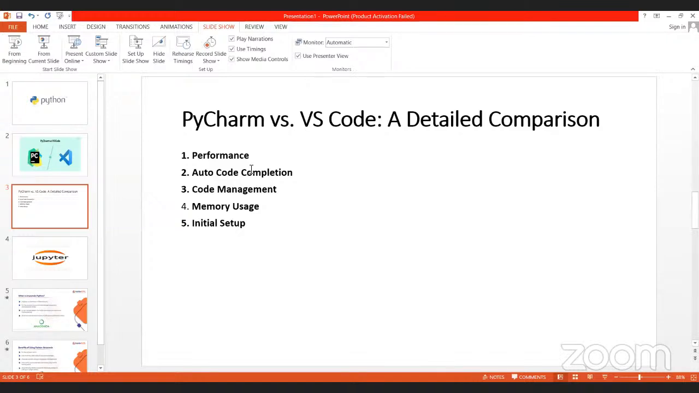So first, when we talk about performance, both are having very good performance, but with different kinds of qualities. When we are talking about the performance of PyCharm, it runs the Python project and uses a significant amount of RAM depending upon the size of the project. It can easily use at least 1 GB, whereas Visual Studio Code uses RAM in MBs and is less